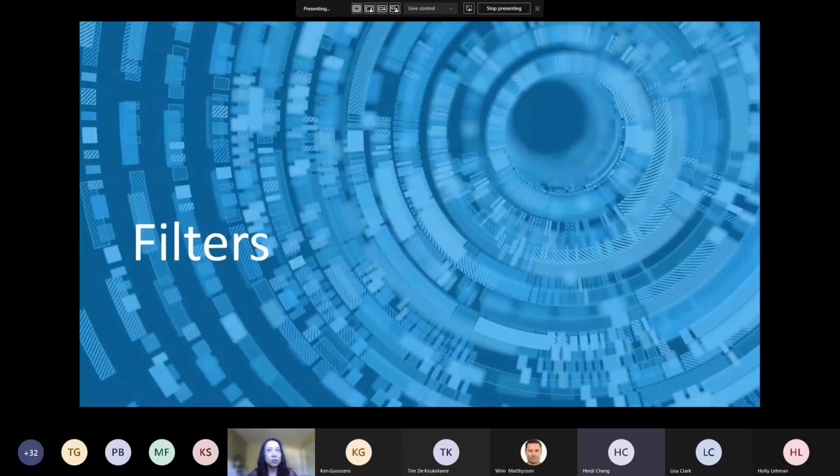I'll focus on two areas that my team invested heavily in the past year. The first one is about filters. I don't know if any of you have heard about this new preview feature we just announced back in May. We're super excited about this feature. We heard from a lot of customers how much they really wanted this feature to help improve on the grouping